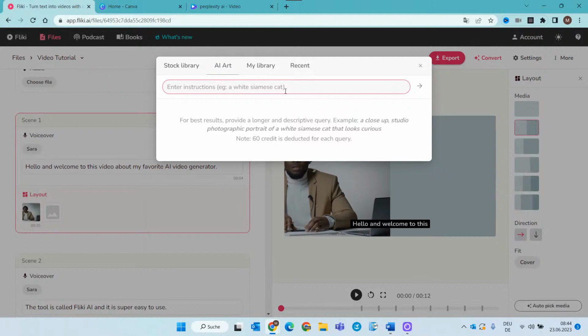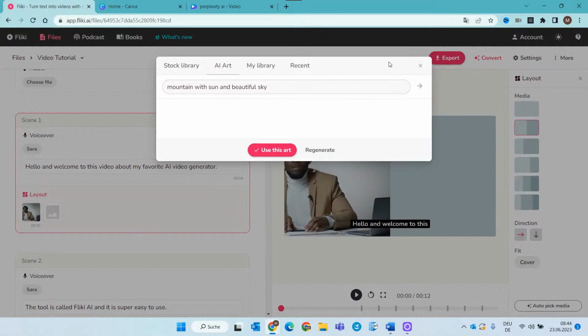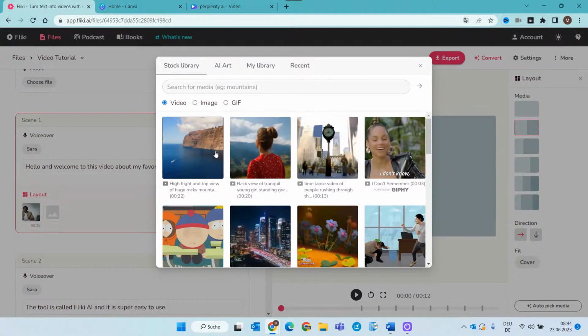Let's have a mountain with sun and beautiful sky. Let's see what the AI art creates for us. Okay, this can take up to 10 seconds, but it might be useful for certain things. Oh, that looks not very good. Regenerate. Maybe it's an issue of my computer because I've changed computer recently and something is not in line with this web service here. Okay, the AI art doesn't seem to work at the moment, but anyway,